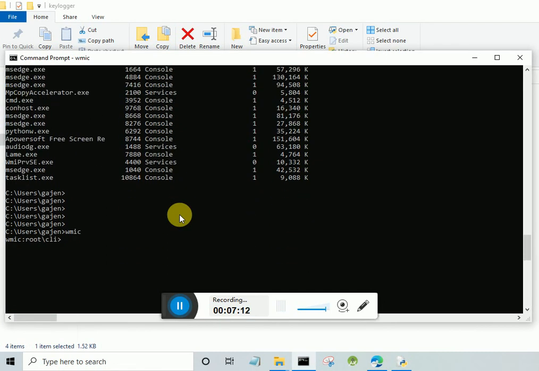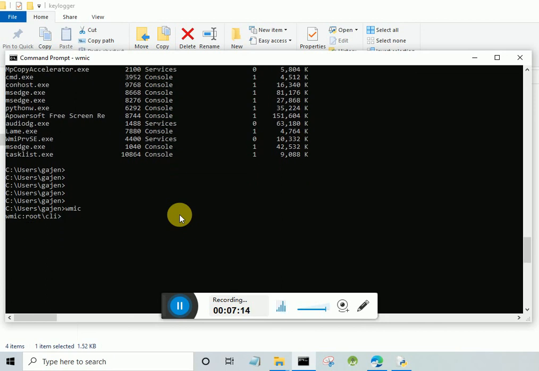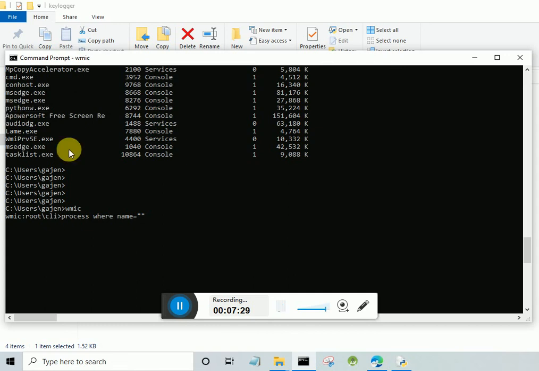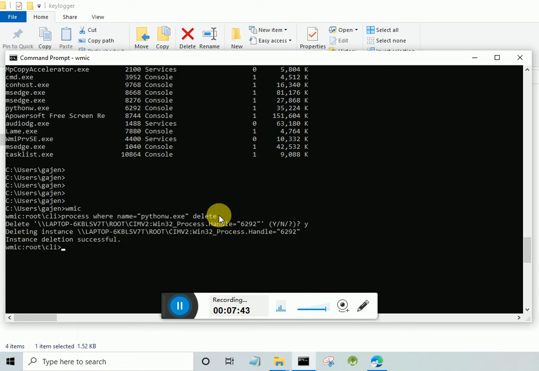Okay, now type process where name equal to the name of this one. Okay, python.exe, just copy this process and paste here, and then type delete. Okay, then hit enter. Do you want to delete it? Yes, type yes, then deletion completed.